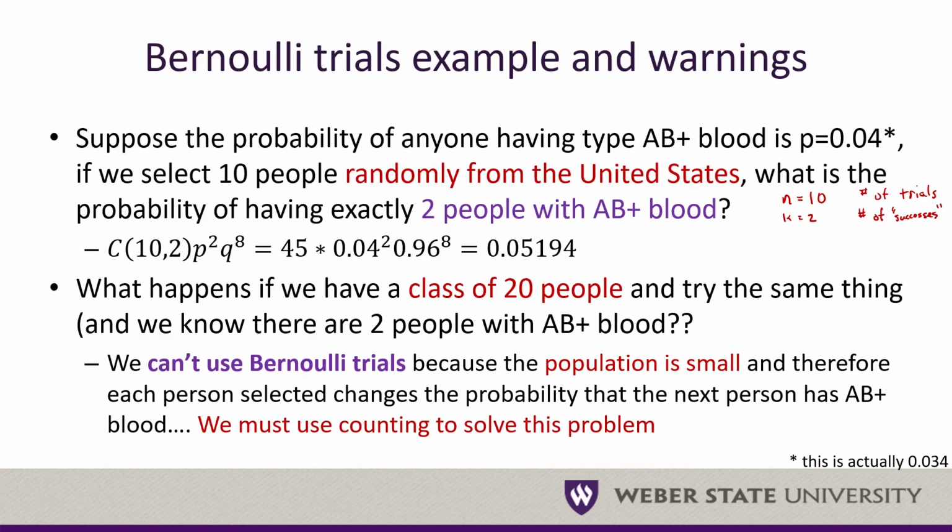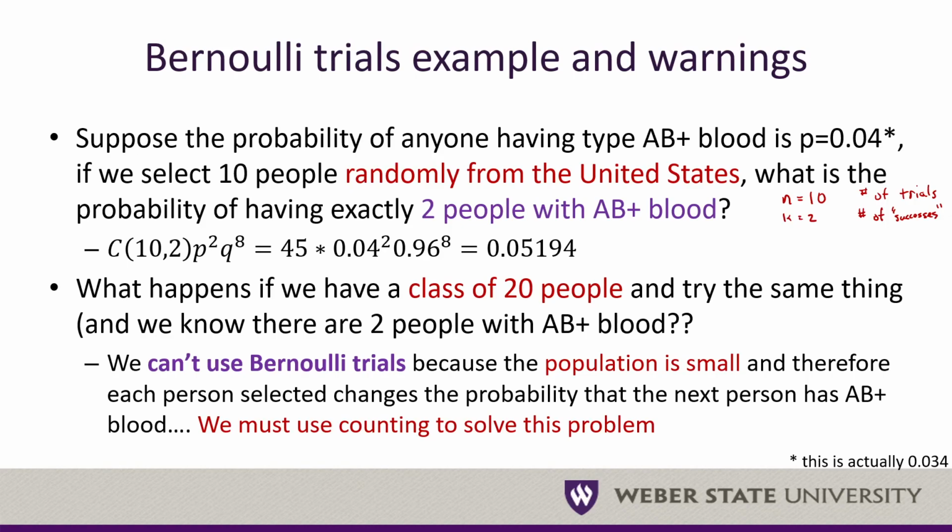What's the likelihood that they have AB positive blood? It's no longer 0.1. What that means is, in a small population, sampling each individual trial that I take affects the probability of the next one. So by having a small population of 20 people and knowing that I have 2 people in there, the first